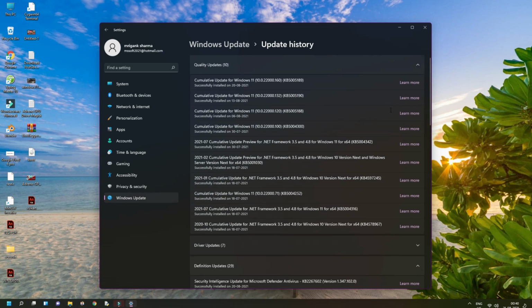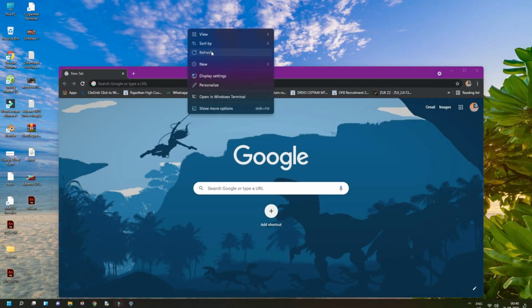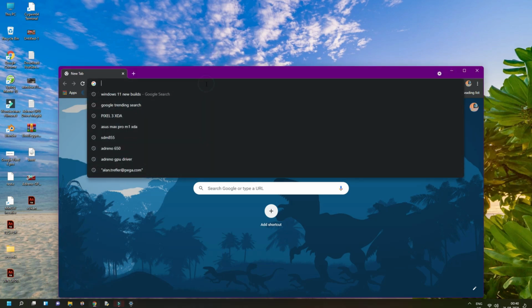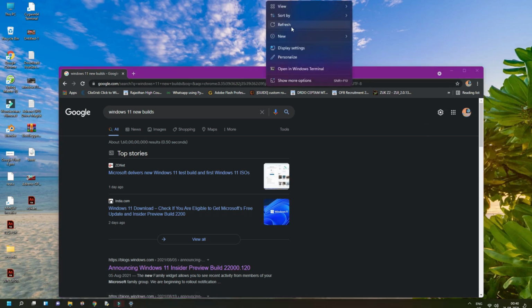This time we have not received as many new features as in the earlier build, but we got many quick fixes for the previous bugs that were present in the earlier build. This is very good news. The most important thing is that the Microsoft team has provided an official ISO for the Windows Insider Preview build. So this time we can download the Windows 11 ISO so that we can clean install on our system.